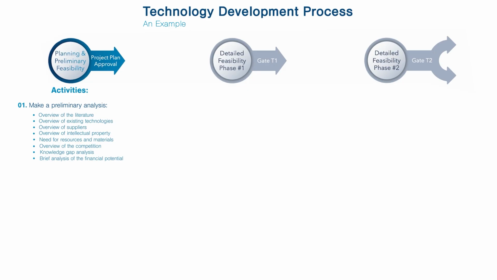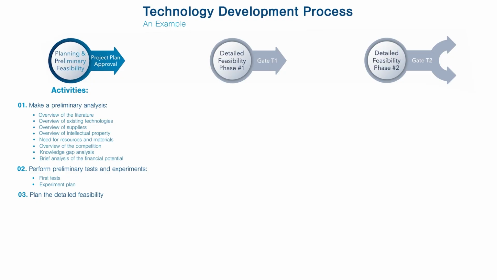the financial potential. The second step is to perform preliminary tests and experiments, which involves a first trial of the technology in order to test your riskiest assumptions. This test will guide you to design your experiment plan for the detailed feasibility phase. The third step is planning the detailed feasibility phase. This is an important step because its purpose is to deepen the preliminary analysis and evaluate when each activity will